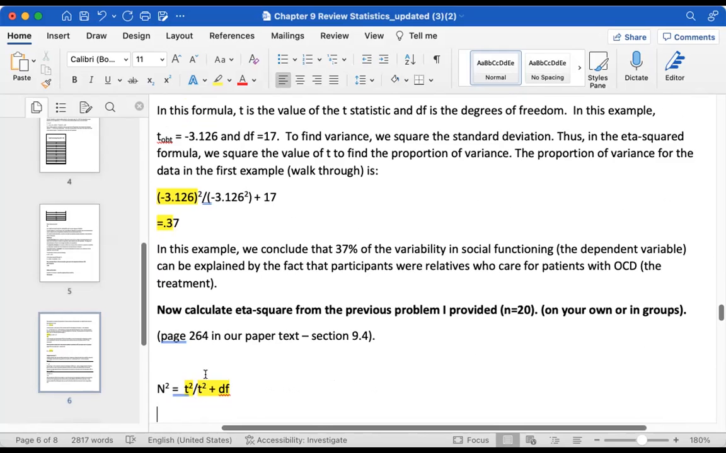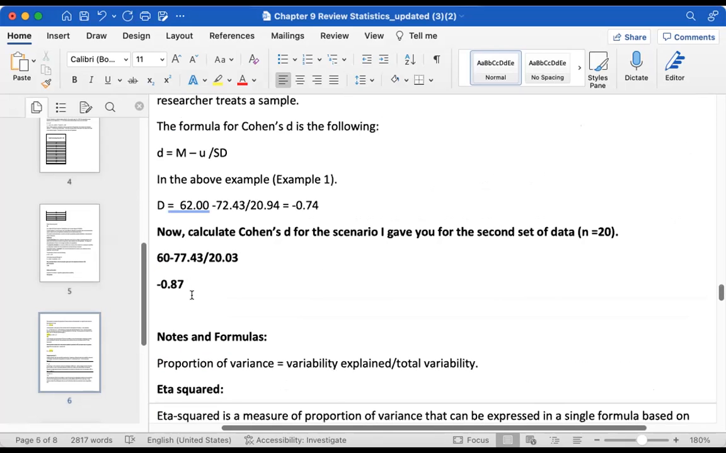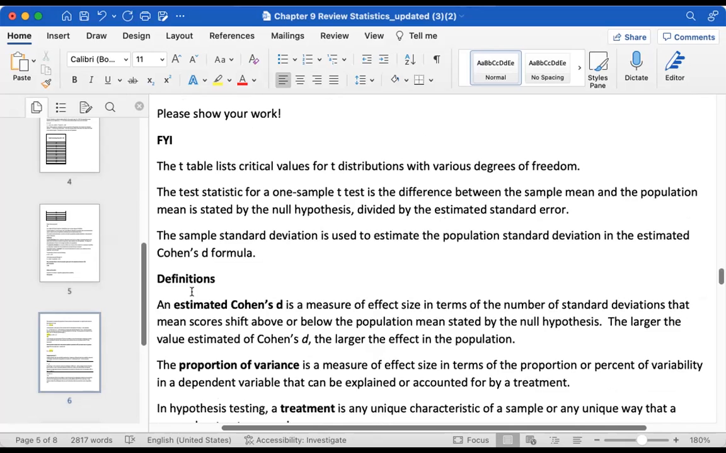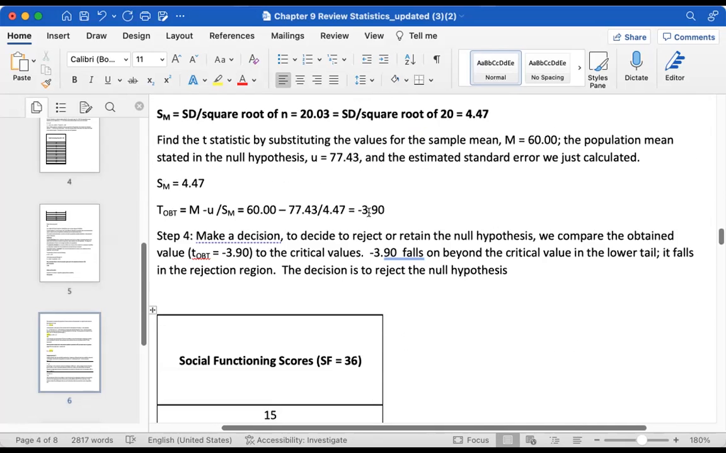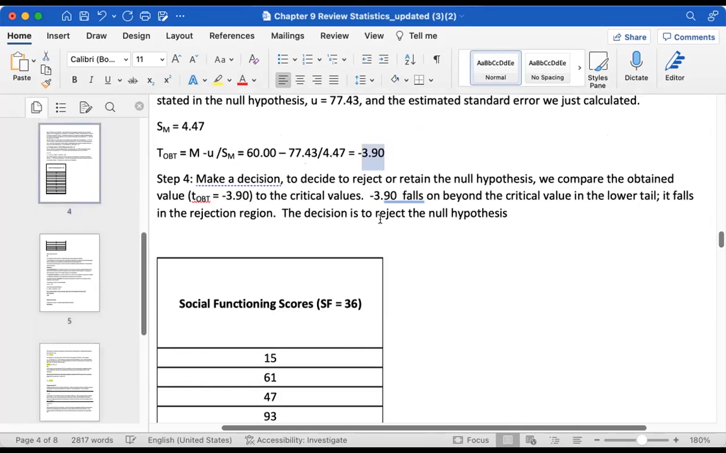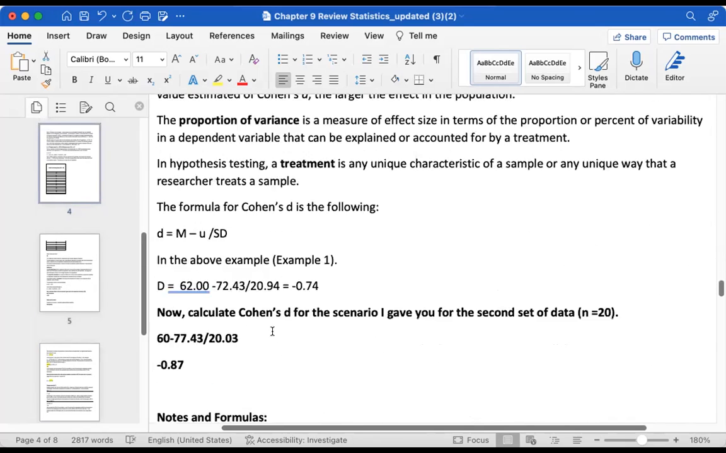So all you have to do is plug in the formula again, and you should get a similar but not the same number, but it should be a decimal. If you're not getting a decimal, then you probably aren't doing enough brackets. What's our t obtained value? Our t obtained value is negative 3.90. So we're going to take, we'll do